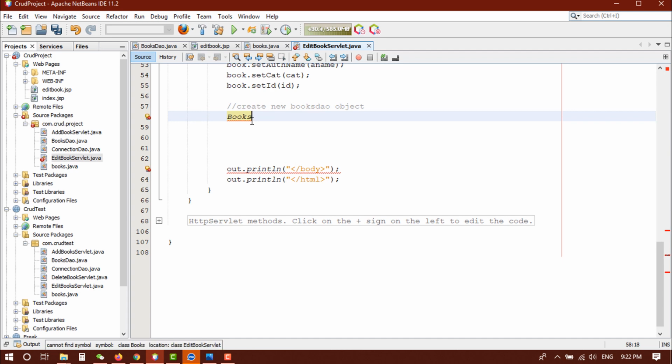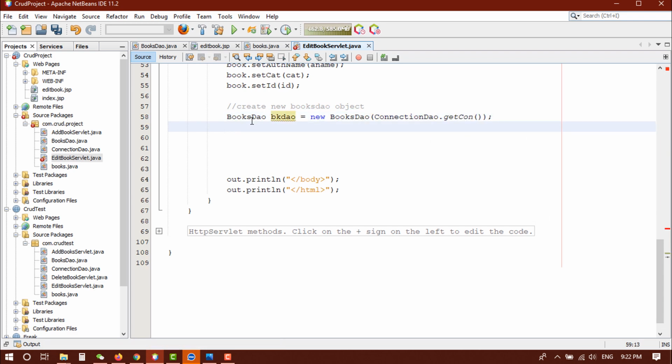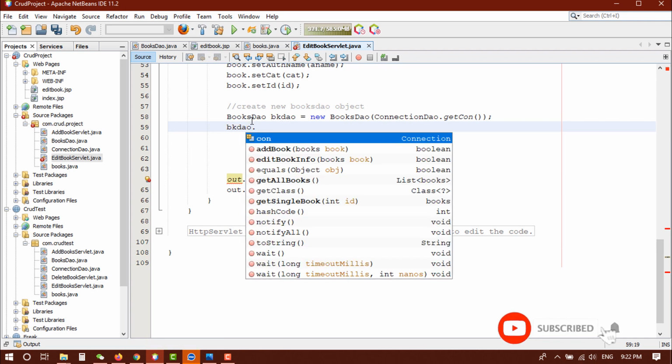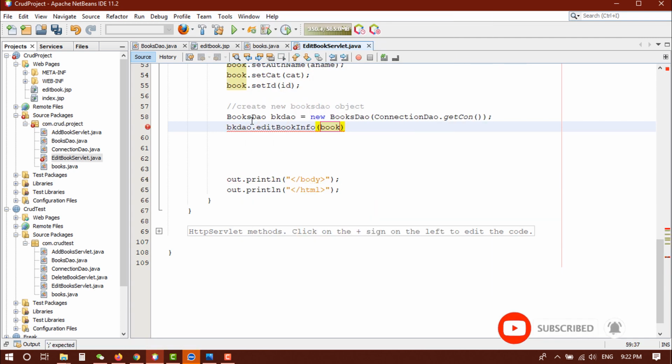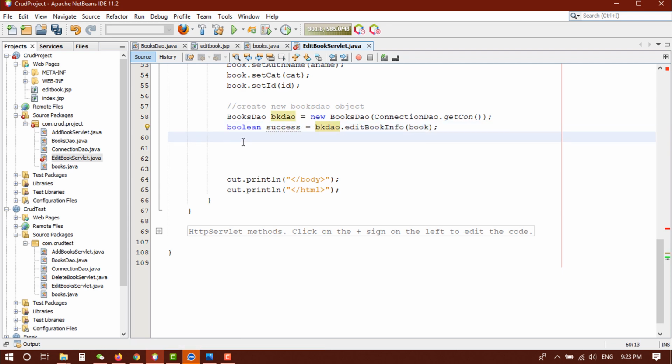Bookstore book equal to bookstore equal new bookstore, and pass the connection parameter. Now bookstore dot edit book information and pass the book object, and this is a boolean type, so set boolean success, and if